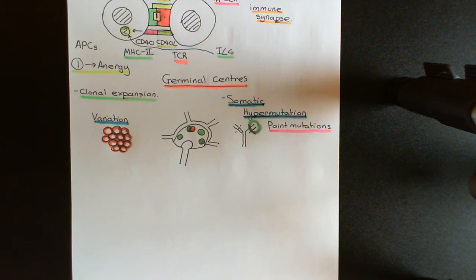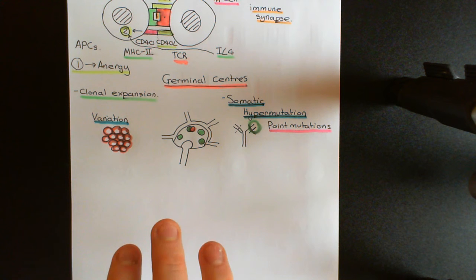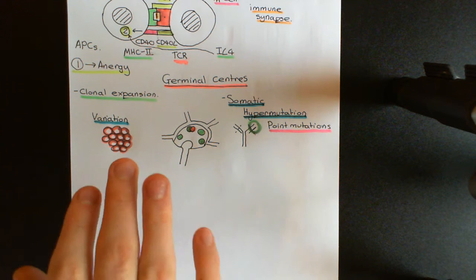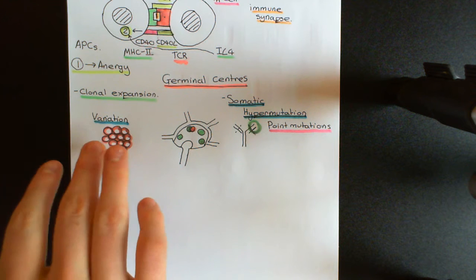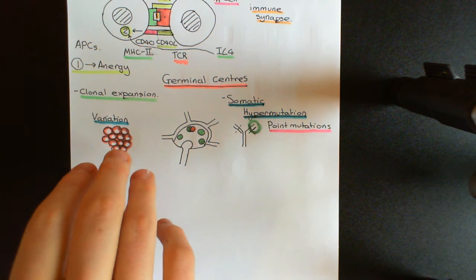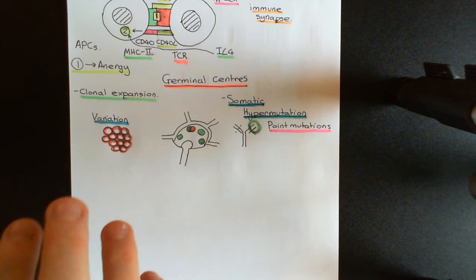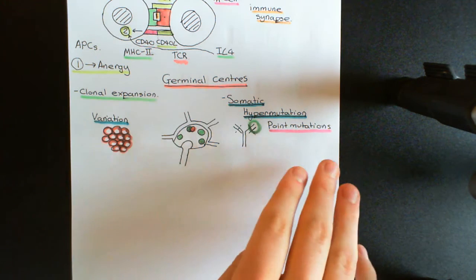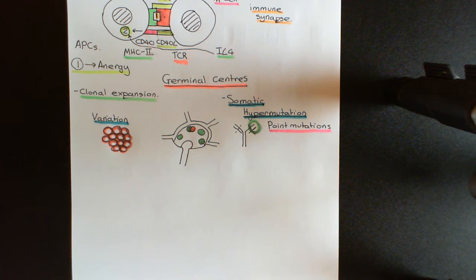So the idea now is that we are going to try and improve the affinity of the immunoglobulin molecules for the antigen by selecting for the B cells in this population that have got the higher affinity immunoglobulin molecules. So we are going to put a natural selection process in place so that the ones which have the best, the highest affinity immunoglobulin molecules, i.e. the ones that have put in point mutations into their immunoglobulin heavy chain and light chain that have improved the affinity of the antigen binding region for that epitope of the antigen,